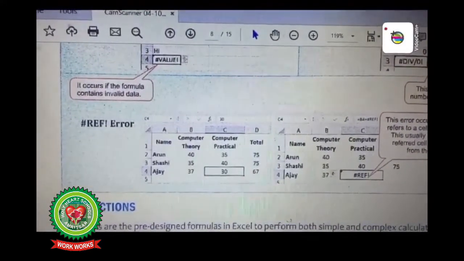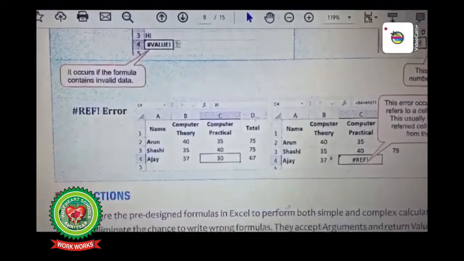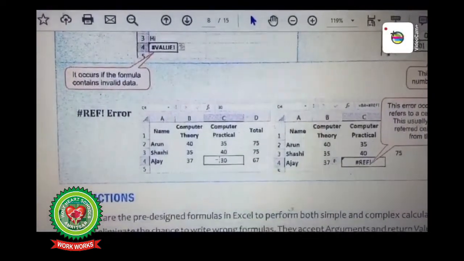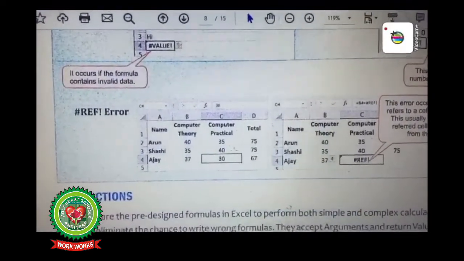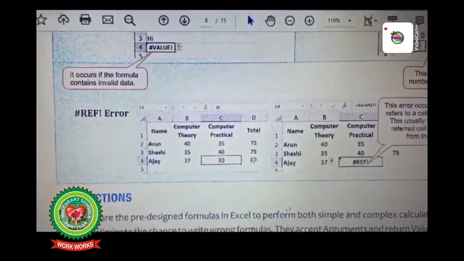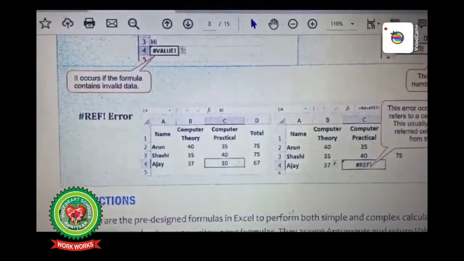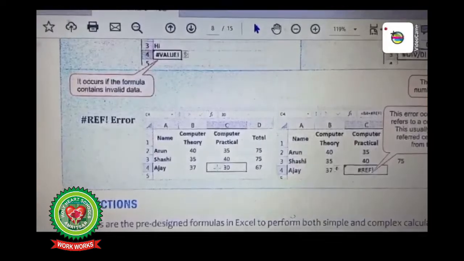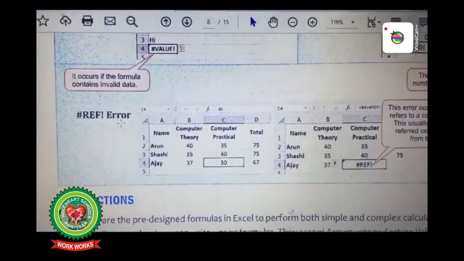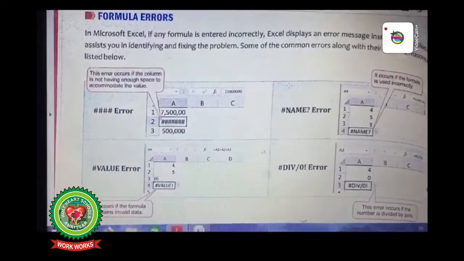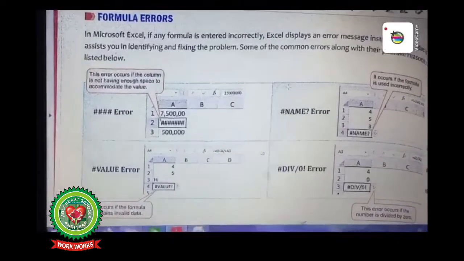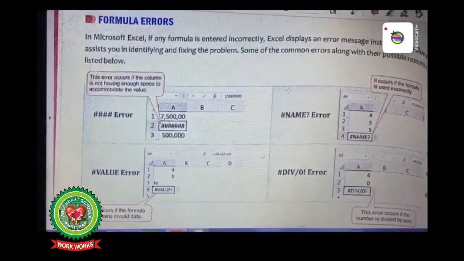Next type of error is the reference error. Let's suppose we have taken a reference from one sheet to another sheet or from one cell to another cell, and if that referred cell gets deleted, then we will get the reference error. Now we will perform the practical on all these errors.